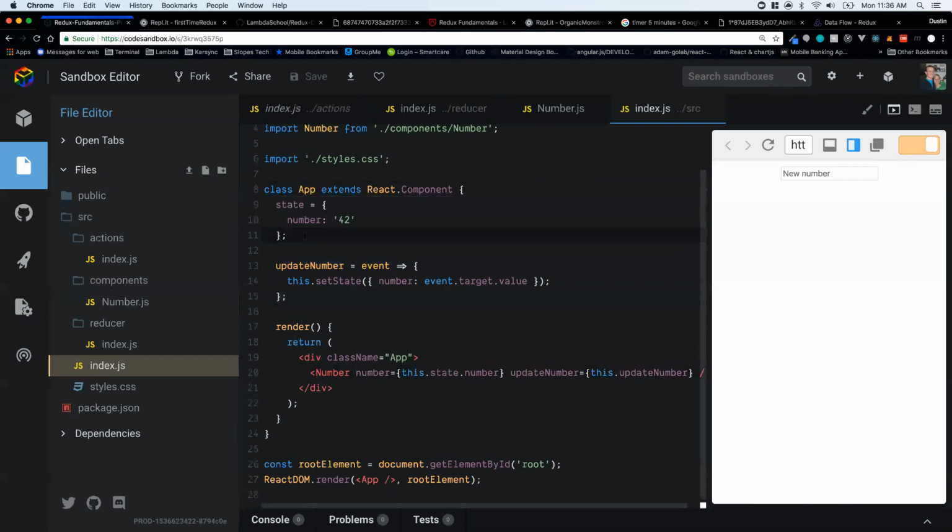Unless you need to use constructor for something else, you can now start using just state like this. So you're welcome. Less typing for you. Okay,